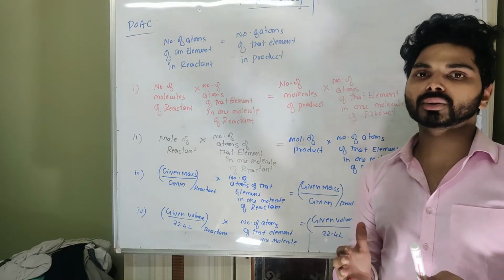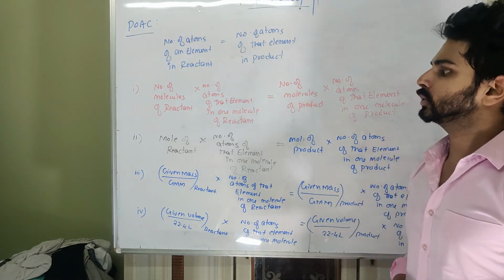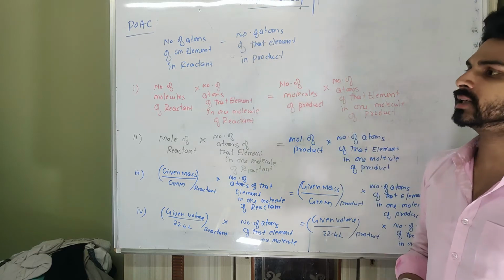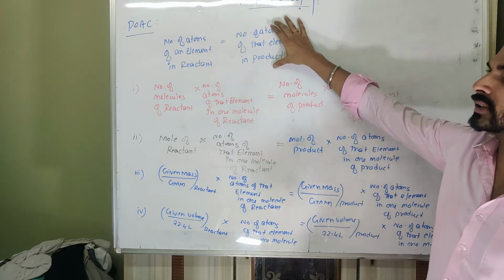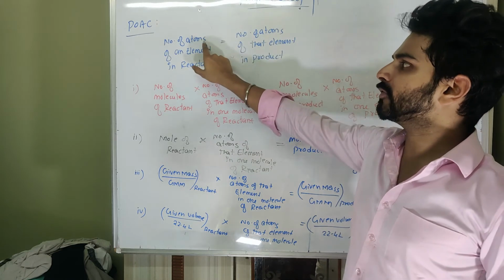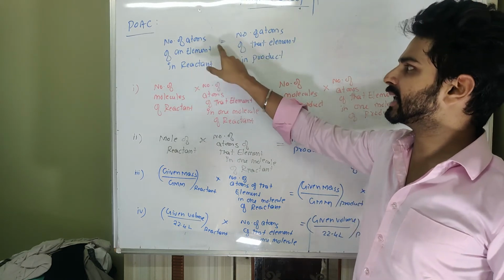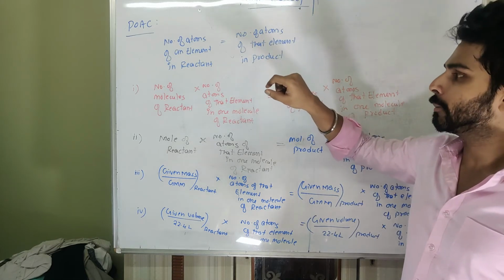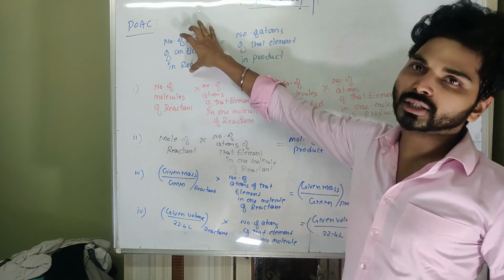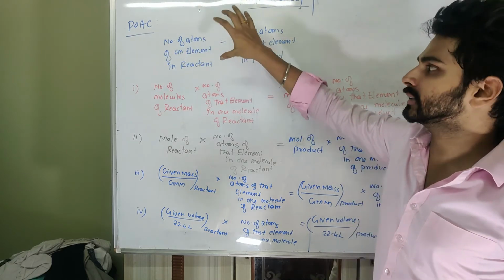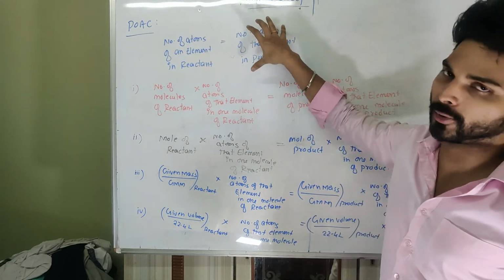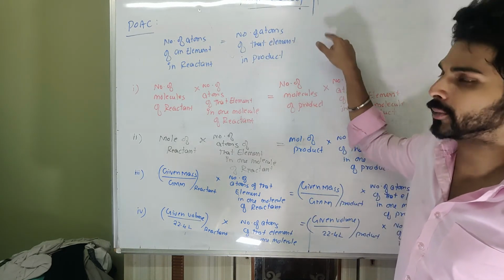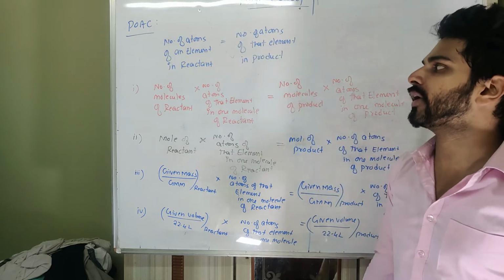So let us conclude POAC here. There are many formulas, in fact, they are just simplified formulas. What we have to do is equate the number of atoms of one particular element in the reactant with the number of atoms of that element in the product. But we have to make sure that whatever reactant we are taking, all of that element must come into that product. If it got distributed in two different products, then we have to add both the products there, and then we can equate the number of atoms.